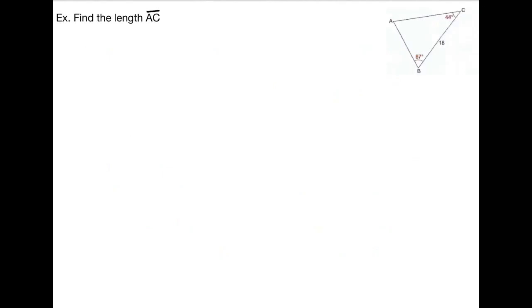Okay, last question for this video. It says find the length AC, this one over here. Again, we need to write the law of sines and then figure out the length of this side. So let's just write the law here. I'm going to denote this AC by little b. So it is b over sine 67 equals